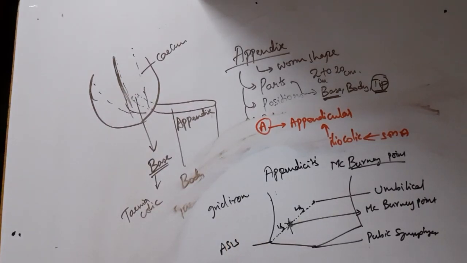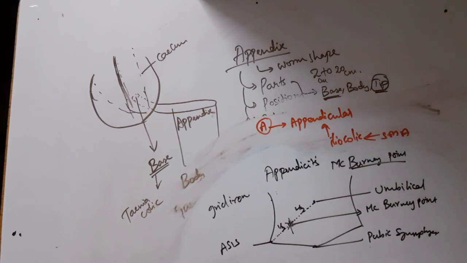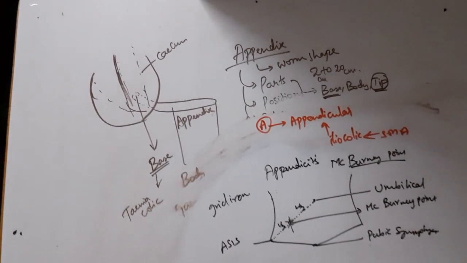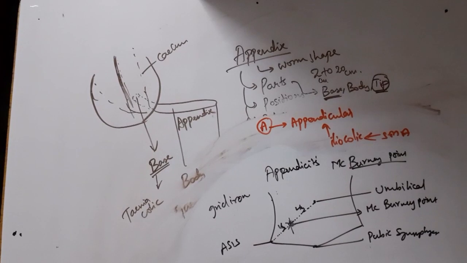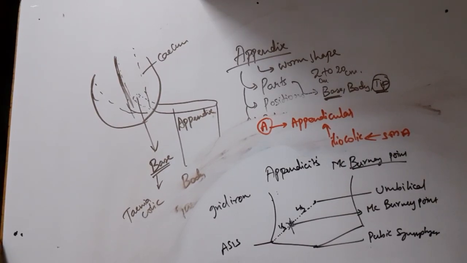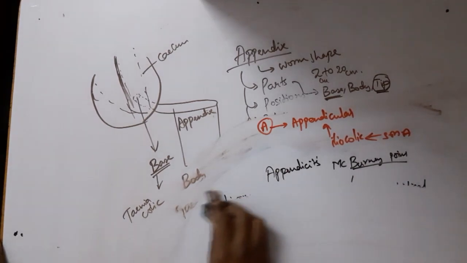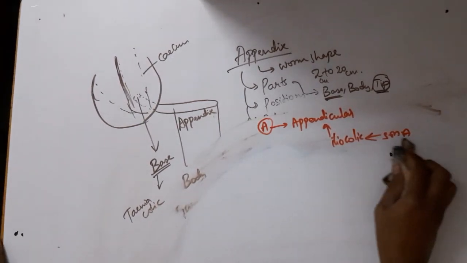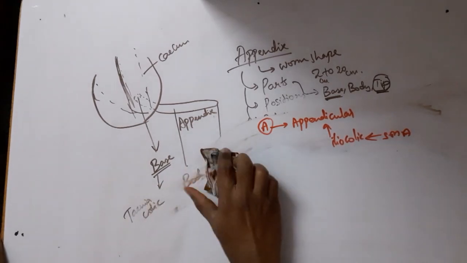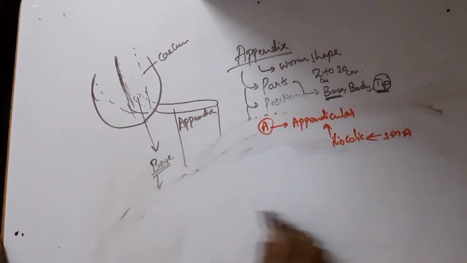So that is your cecum and appendix. What is the arterial supply for both cecum and appendix in common? They get the arterial supply from the superior mesenteric artery. And what is the peculiarity of the cecum? Its width is more than the height. So that is one of the organs which has more width than height.